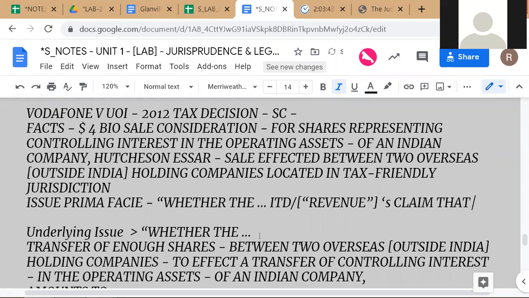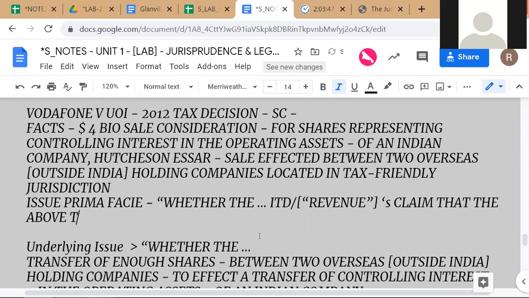That the above transaction. So this is an important case. So I'm discussing this with you. You should be aware of this case. Okay. Above transaction means this transaction that I'm referring to. Okay. Whether the above claim that the IT department is claiming that the above transaction,